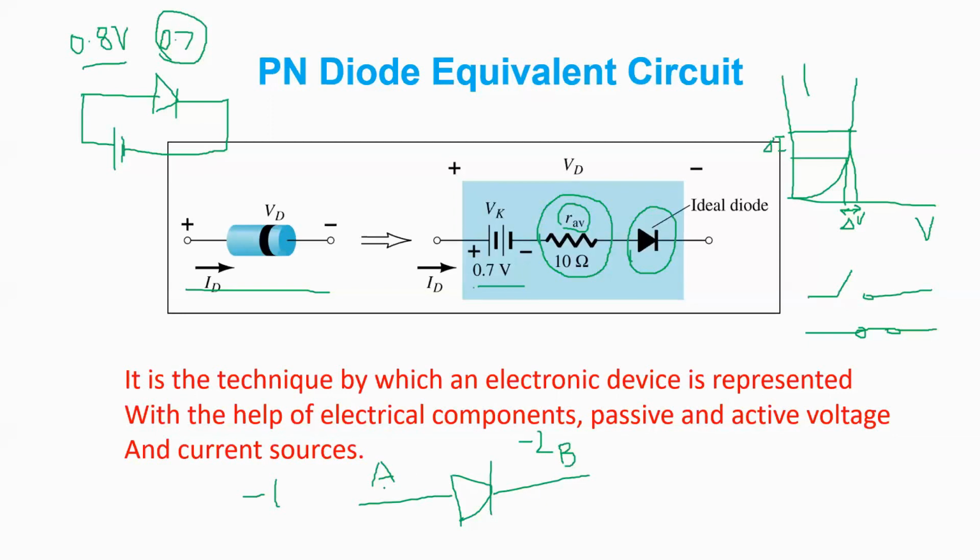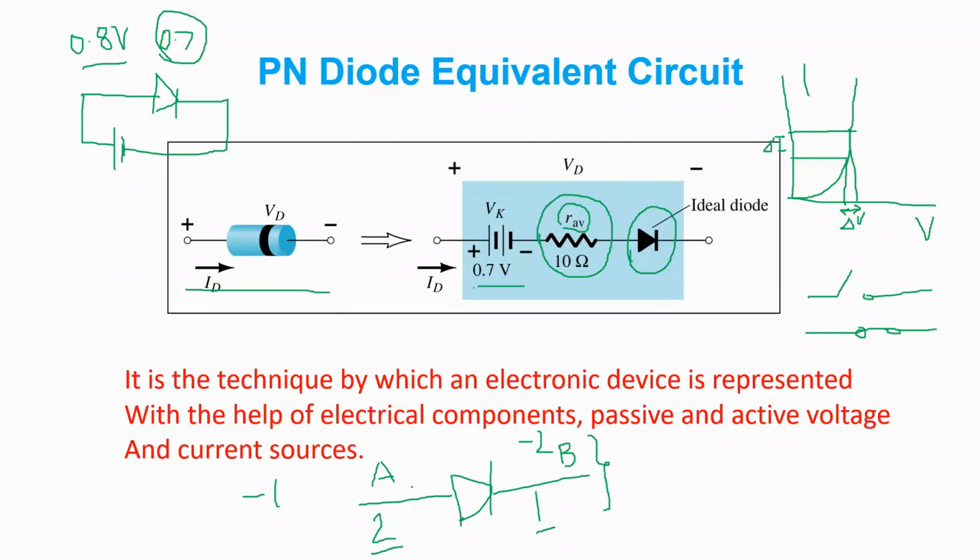Forward bias does not mean that you are always applying a positive voltage at A and negative at B. No, it means that the potential at A should be greater than the potential at B. If it is negative, then point B should be more negative compared to point A. And if it is positive, then if A is 2, B should be 1, so that this value is greater than this, and your device is conducting in case of forward bias.